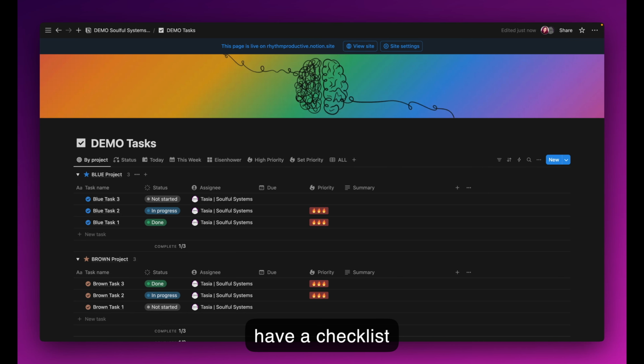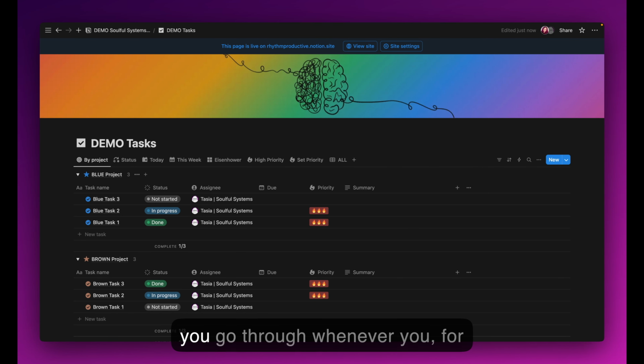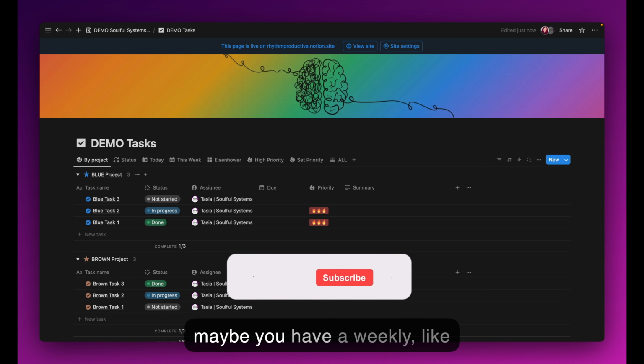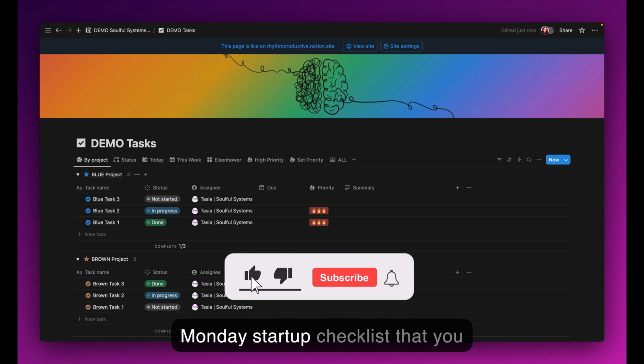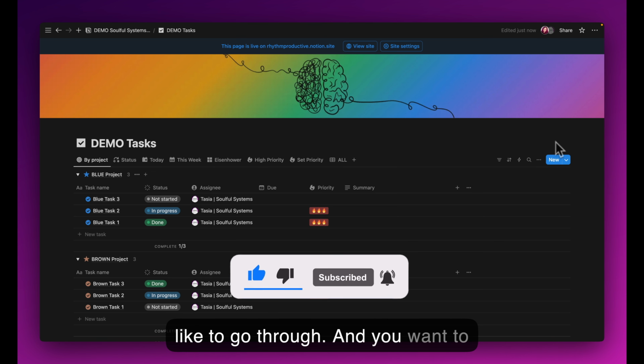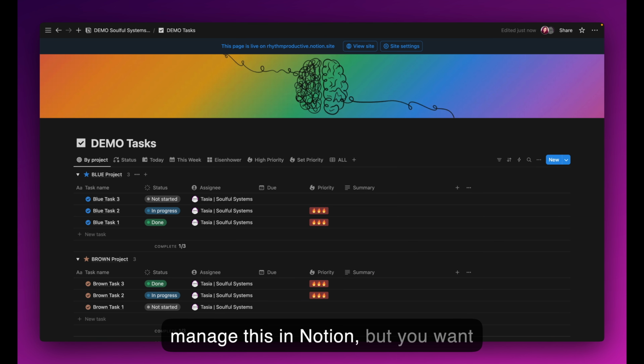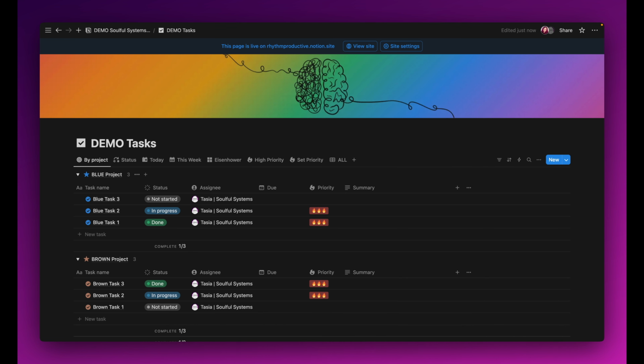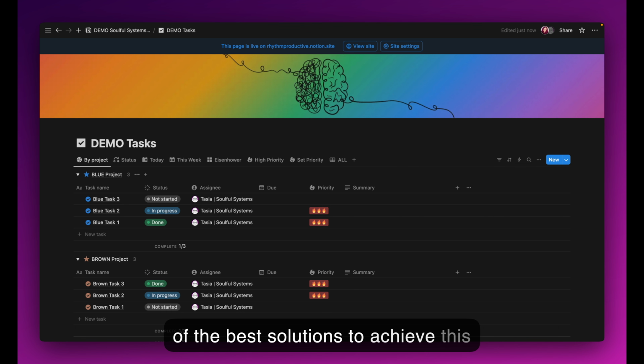Let's say you have a checklist that you go through whenever you, for example, onboard a new client, or maybe you have a weekly Monday startup checklist that you like to go through, and you want to manage this in Notion, but you want to assign it as a parent task with subtasks. One of the best solutions to achieve this in Notion is to create a database task template with a button